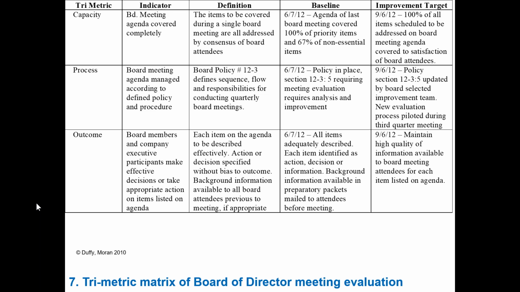Now, there are 3 different kinds of measures, and this is the trimetric matrix. And this is an example of a board of directors meeting, again, with the Thunder Bay District Health Unit in Ontario. We brought in the council, the board of directors for the TBDHU, and what they wanted to do was handle their board meetings more effectively. So we set up an evaluation by the board members on one of the board meetings. And a colleague of mine, many of you know Elizabeth Burns out of Guelph, Canada. Elizabeth and I were working with ASQ at TBDHU up in Thunder Bay, Ontario.